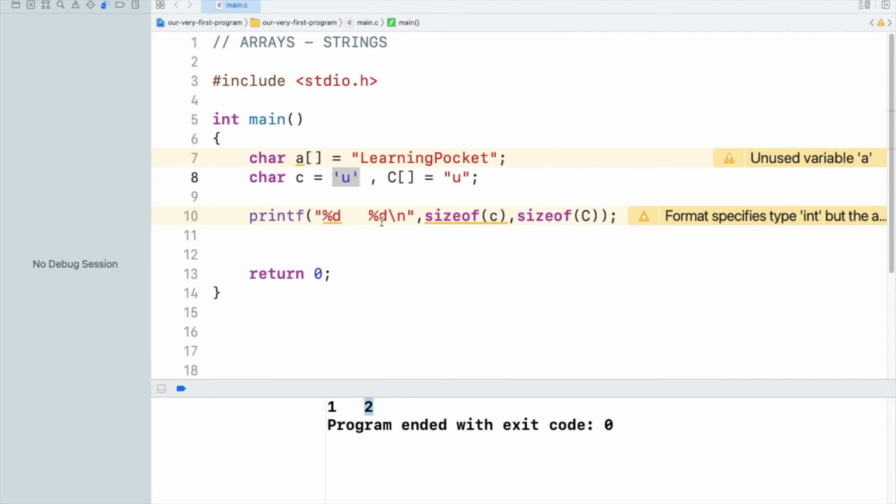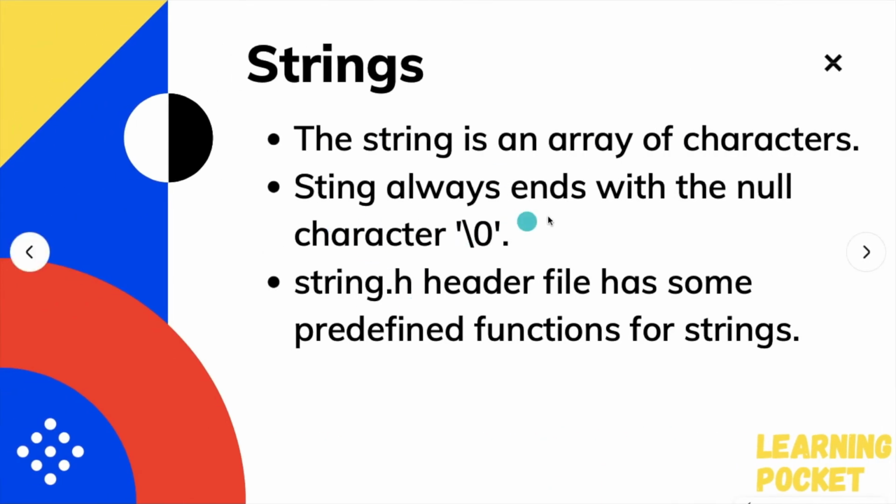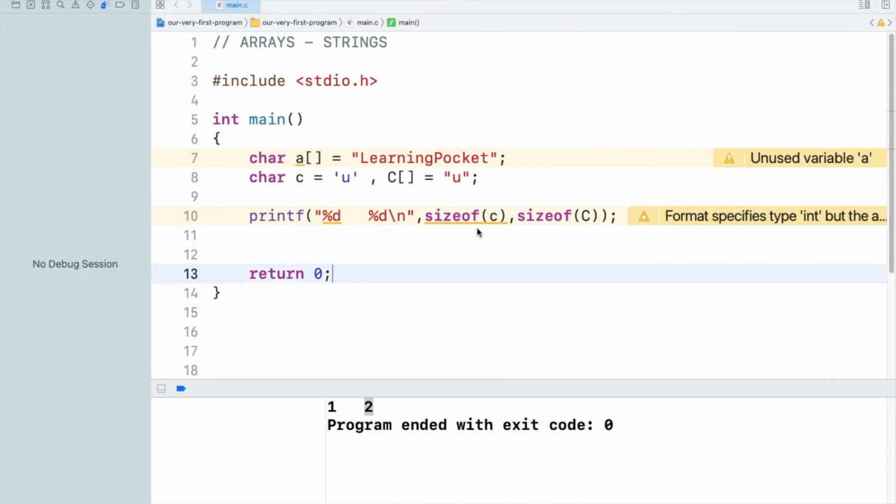This is because 'U' is a character. Whatever is mentioned in single quotes is a character constant, and you can only have a single letter in that, whereas double quotation specifies a string. And we have just noted that point, the string always ends with a null character, and this character is also going to occupy 1 byte of memory, or a memory of one character variable.